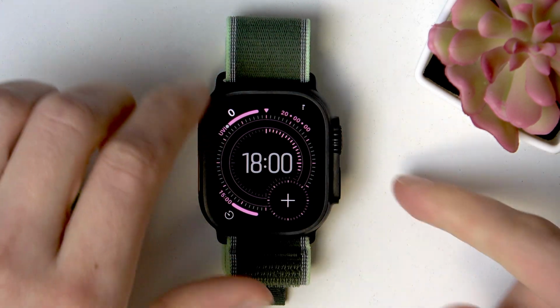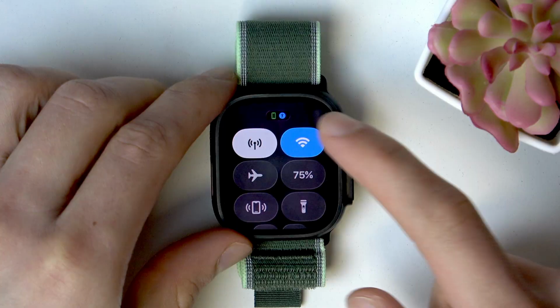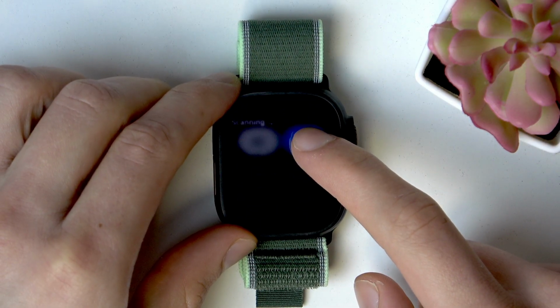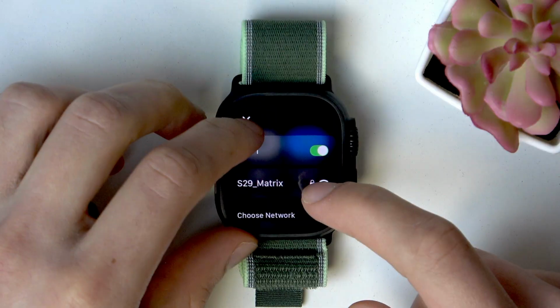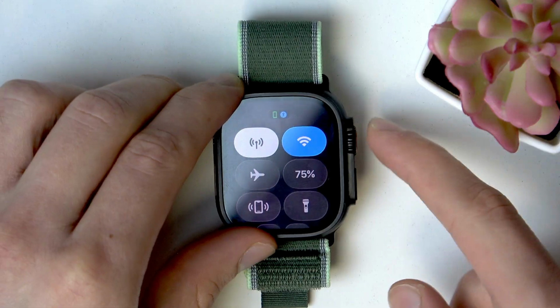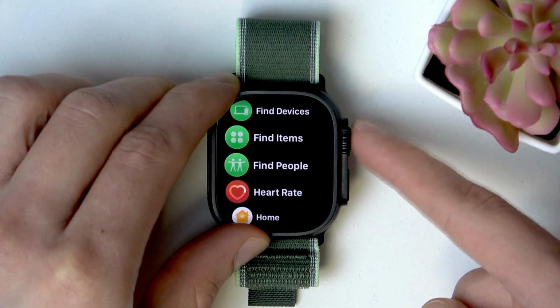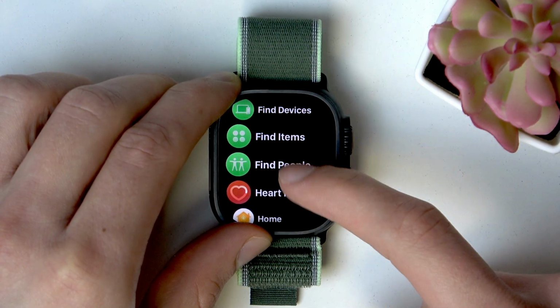First of all, make sure that your Apple Watch is connected to the internet by pressing the side button once, and then in Control Center you can check whether you are connected to the Wi-Fi network or if you are connected using the mobile data. So check if one of these icons are enabled,